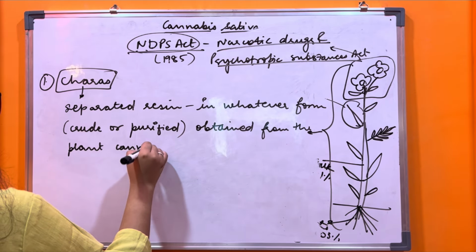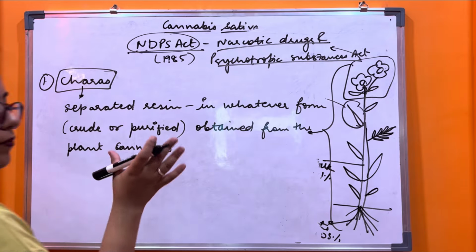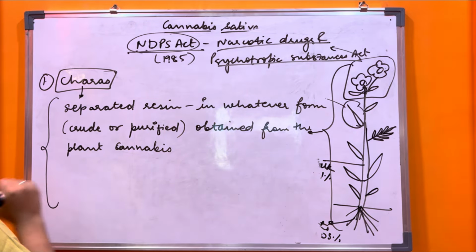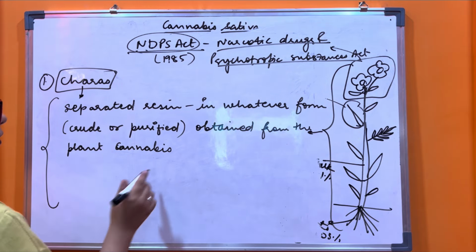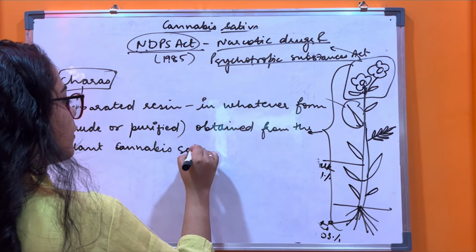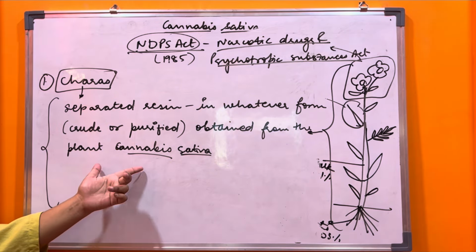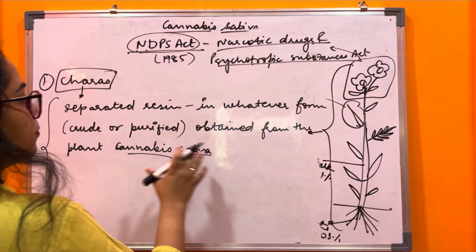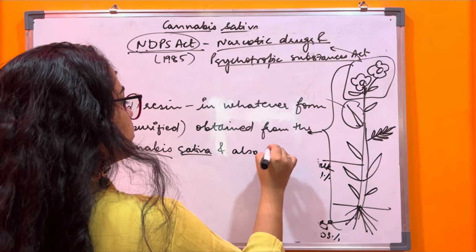It is very important. This is the laying foundation of your understanding of each and every drug. So the definitions given in NDPS Act, you must adhere to them by heart, right? From the plant Cannabis Sativa. See, these definitions are not only for mugging up purposes, but they also give a clarity of the fact, right? Obtained from the plant Cannabis Sativa, and also includes